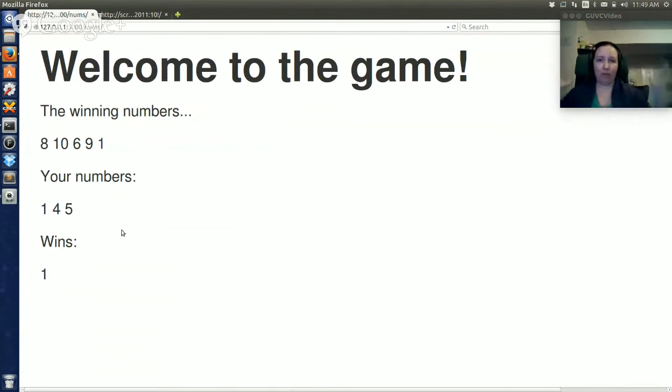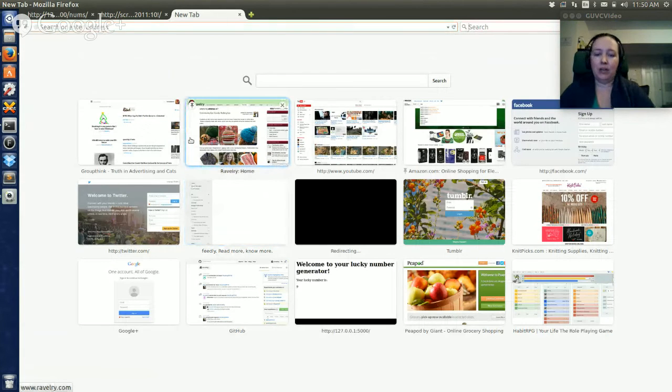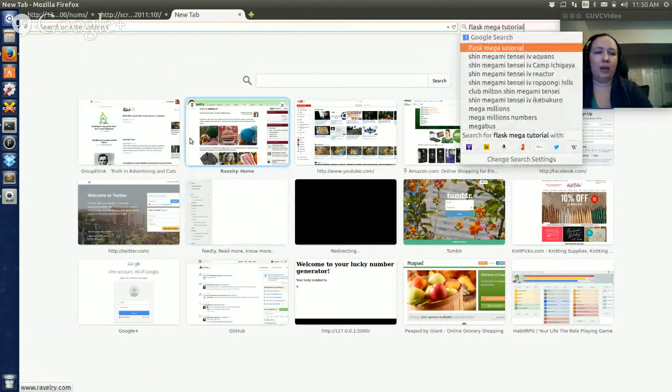At this point, I've run through all the code that I have. I must have been speaking very quickly and I didn't have to lean over anybody's screen, so I moved quite quickly. So let's talk about where you can go from here. Now, I said we're not doing databases this time because we'd have to go over installing SQLite and SQLAlchemy and all this other stuff. You can, however, use Flask and databases. If you want to do that, I would highly recommend checking out the Mega Flask tutorial